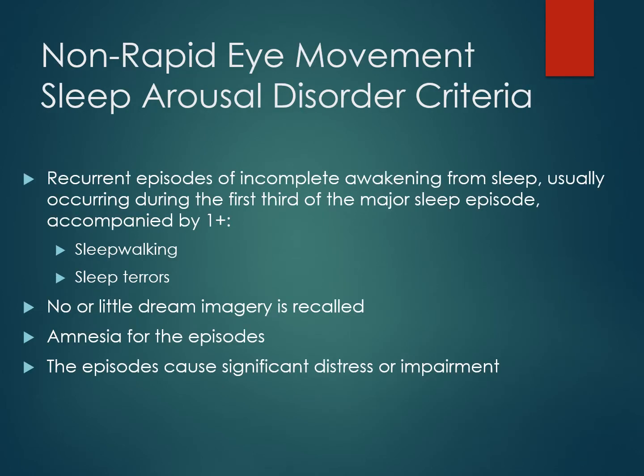Moving into the parasomnias, non-rapid eye movement sleep arousal disorder is the first disorder that we'll discuss. This disorder is most commonly observed in children. So for this diagnosis, the kid recurrently wakes up, but the waking is incomplete, indicating that the person does not obtain full conscious alert arousal. This awakening generally occurs in the first third of the sleep cycle.